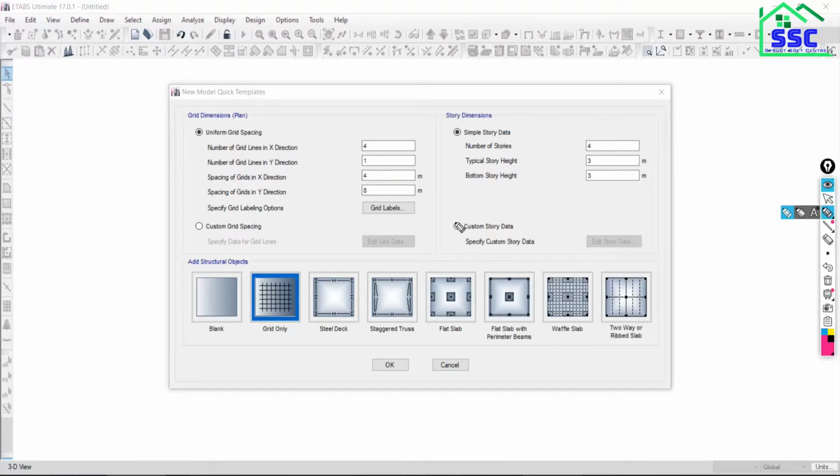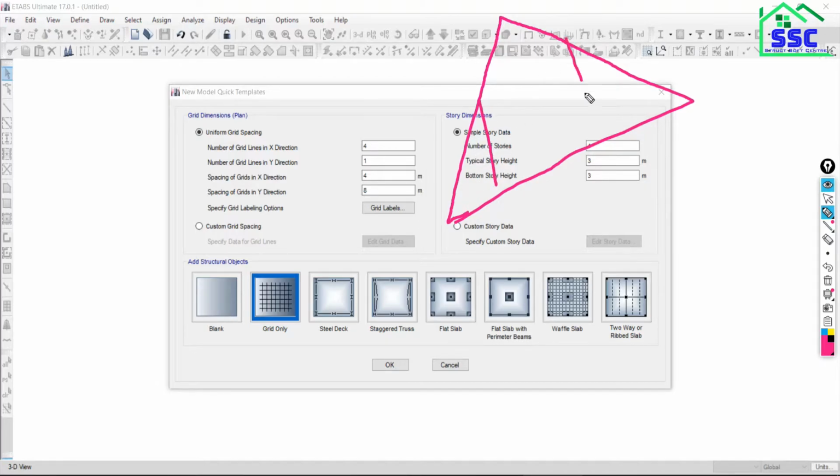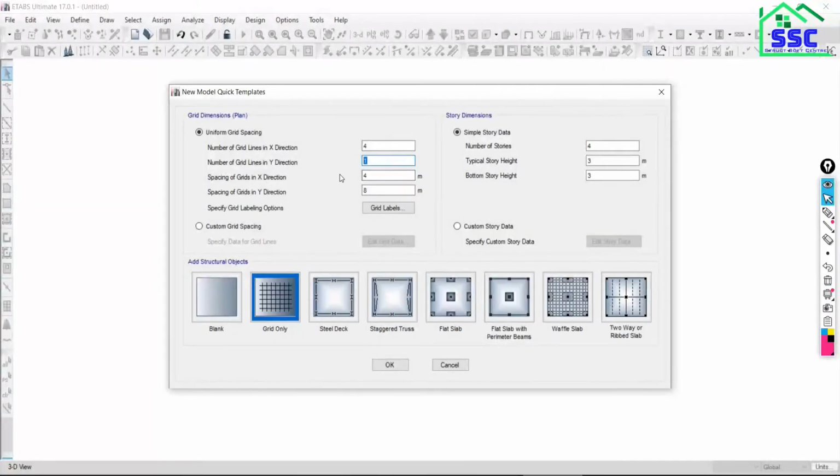See, the truss is like this, in the plane x and z. This is x, and the height is along z. But this is considered as one grid in y direction first. If I take the next, that will be the second grid. Now spacing in x direction will be 4.